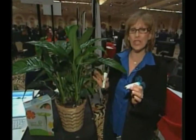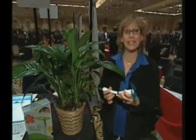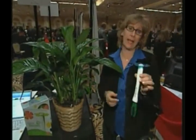The other thing you can do here is, if say you have a garden and you're not sure what to plant in your garden, you take the EasyBloom outside and plant this. It's not going to look great, it's going to look like a plastic plant. Leave it outside, it measures temperature, it measures humidity, it measures sunlight. After it's been out there, bring it inside, again, put it in your computer, and